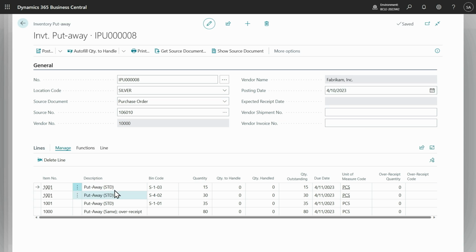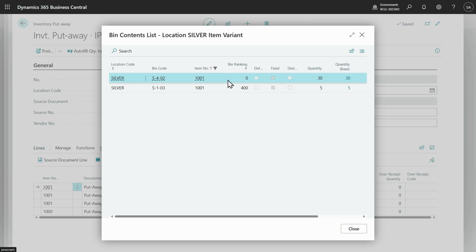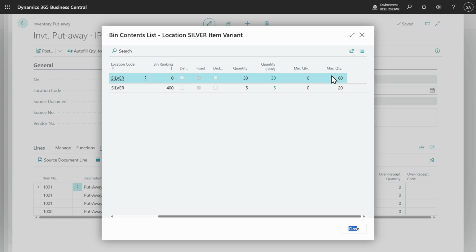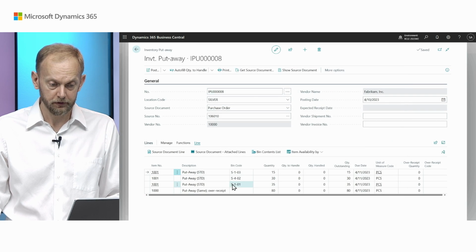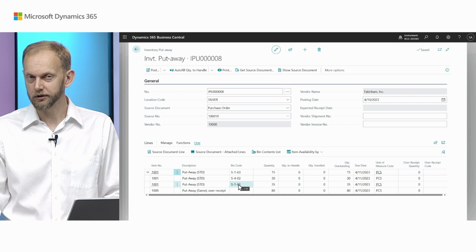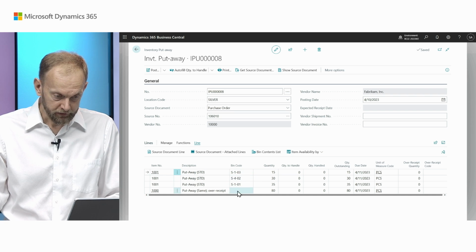For example, for the first item, we needed 80, but if we take a look at the bin content list, we can see that this item is already available in the warehouse. It's available in a couple of bins, and they have some quantity, but they also have some max quantity restrictions. So the system just added the missing quantity there, and for the remaining, it finds the best bin it could using bin ranking.